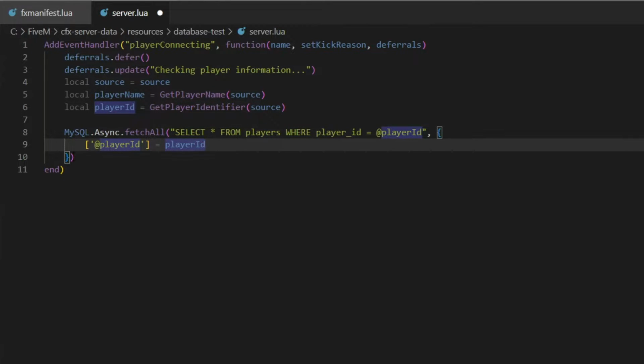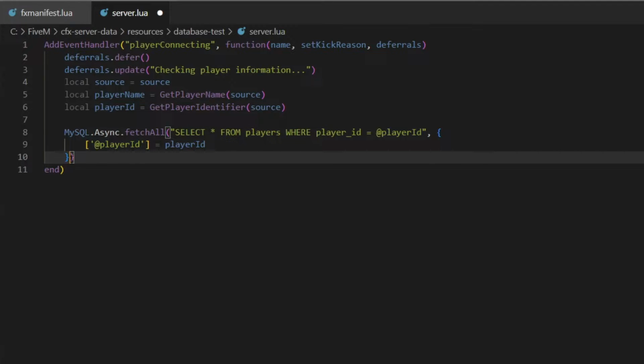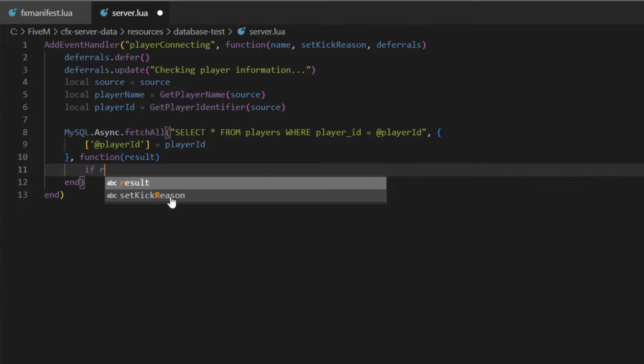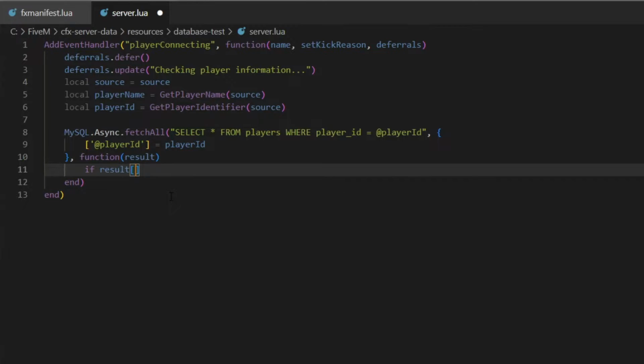And then just here inside of the regular bracket, the final bracket, but just after the curly bracket, we'll do function result, like so. And then we're going to take this bracket down, and we'll just put end there. And then inside of here, if result, and then in square brackets 1, so the first result is not equal to, where's this curly line, is not equal to nil, then, so this basically means if there is something,